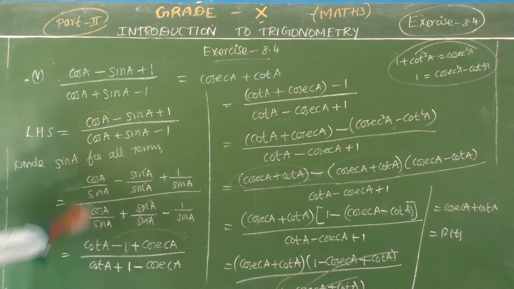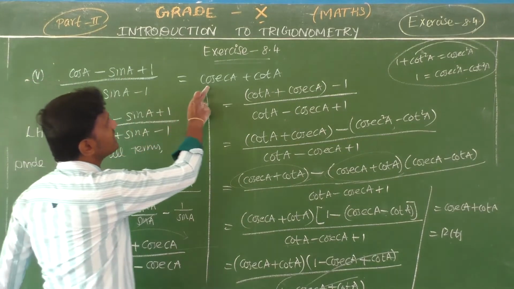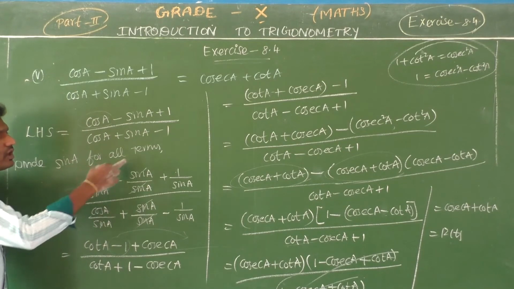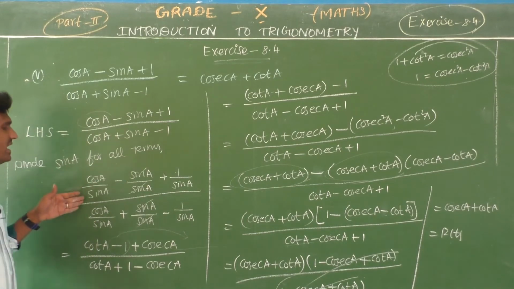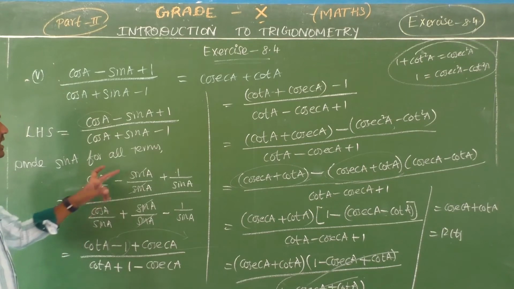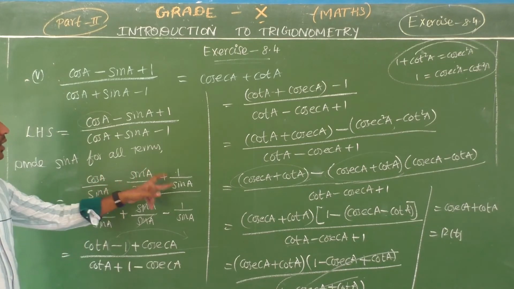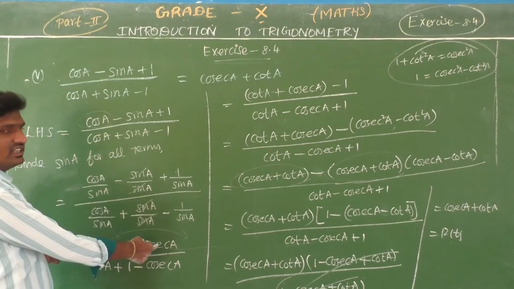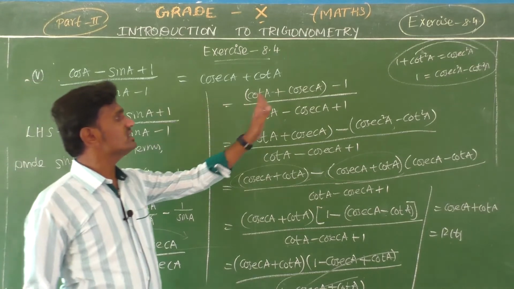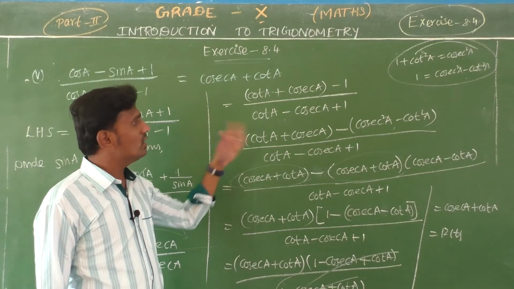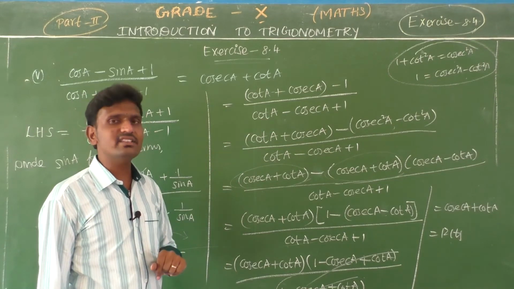So that's why here, cosecant A plus cot A is there. So for that I am going to divide sine A for all terms, to take cos by sine minus sine by sine plus 1 by sine, in the same denominator also. So here cos by sine is cot, sine by sine cancels, 1 by sine is cosecant. Substitute. Now I am going to compare the first and third term, that is cot A plus cosecant A, put 1 bracket minus 1. Okay, the whole divided by cot A minus cosecant A plus 1.